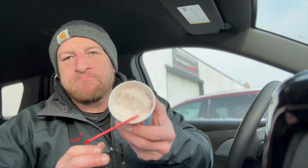Star-wise, or plate-wise, I'm sorry. For ice cream and dessert, I'll go 6.5. I'll give it a 6.5 plate. And again, I'm biased towards anti-mint. But this one I'm excited about. This one,